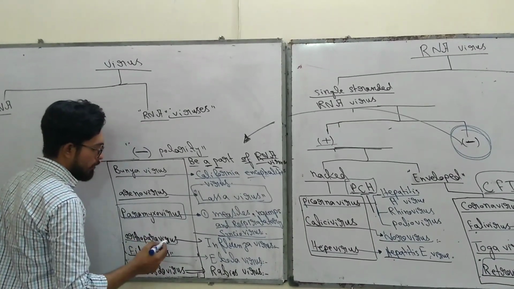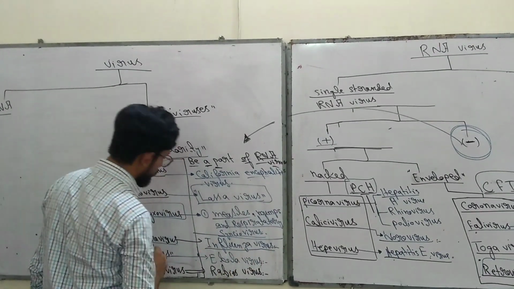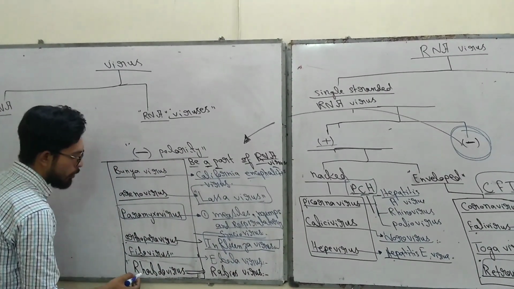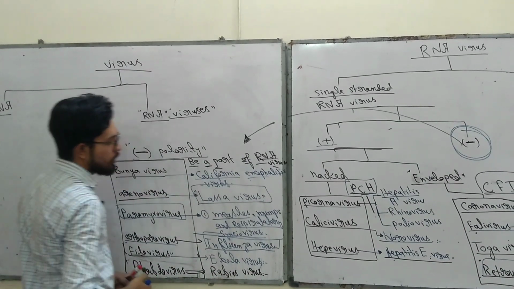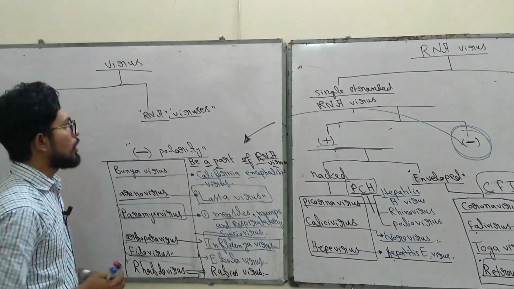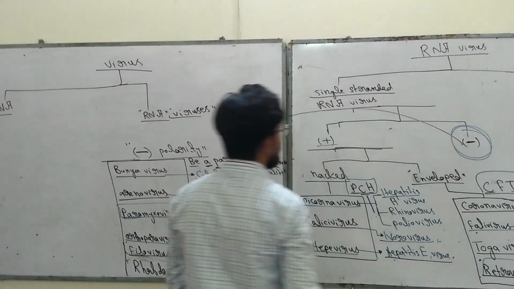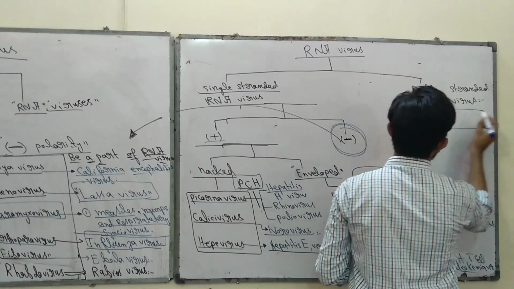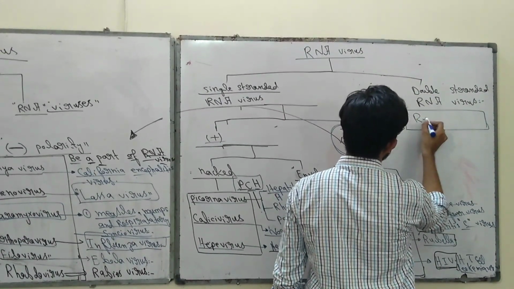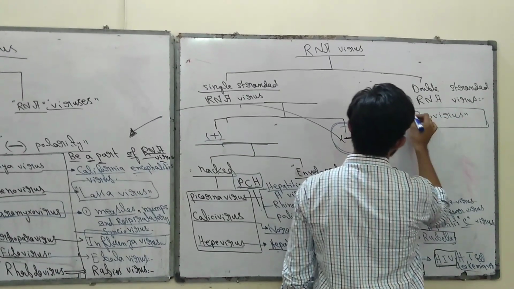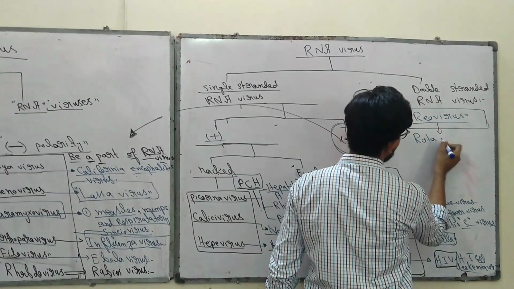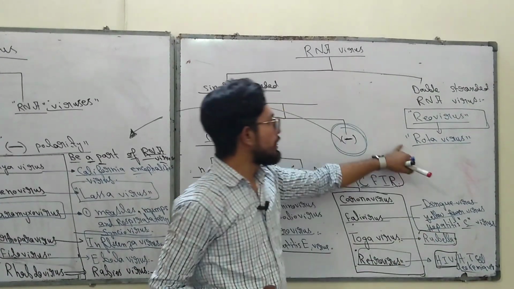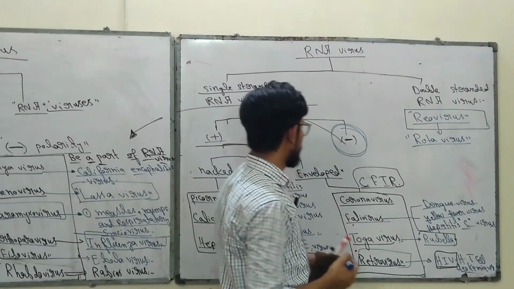Orthomyxovirus: the most important organism found in orthomyxovirus is, yes, influenza virus. Filovirus contains Ebola virus, and also rhabdovirus contains rabies virus, the most important causative agent of rabies, which spreads through dogs. Okay, now last but not least is reovirus, the double-stranded RNA virus. It is rotavirus. You know rotavirus. Rotavirus is the most important causative agent of viral diarrhea in children.